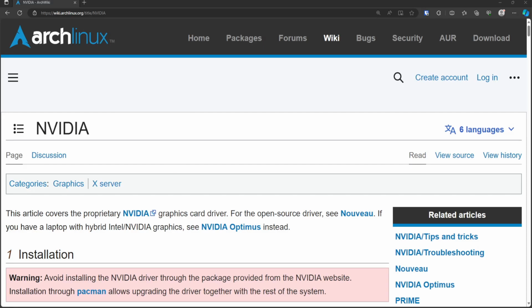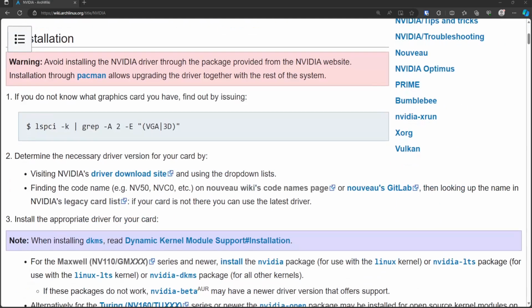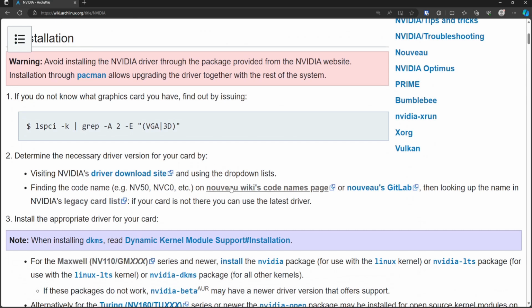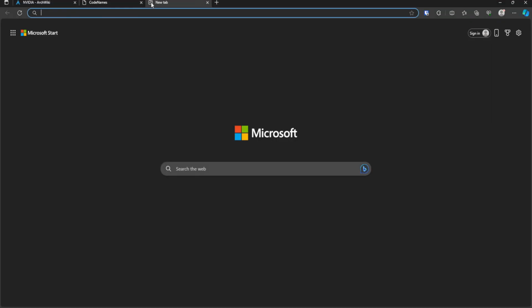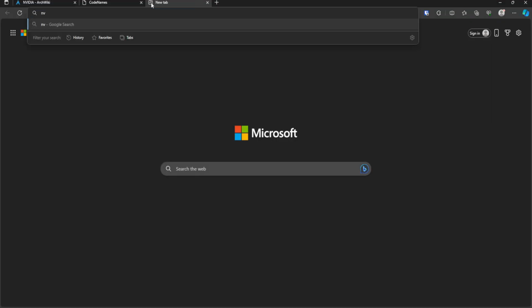Now we need to find the architecture of our GPU. Go back to the Nvidia guide and go down. You should find this Wiki's code names page. Open it. Another place is to search for Nvidia GPUs list,